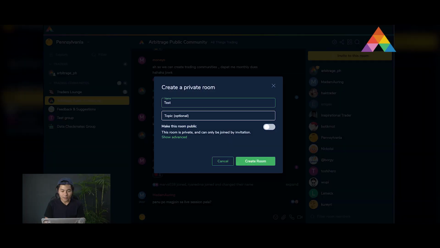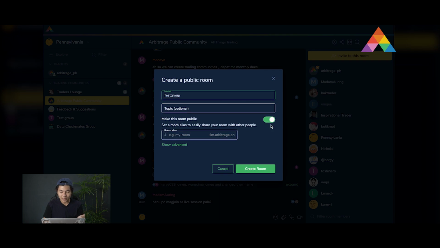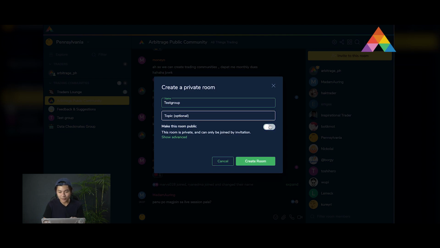So to create a private room, I'm just going to demo it to you right now. Let's say you want to make a certain group for specific people only. So let's create a test group. Now, if you look at this radio button right here, you can choose if you want to make this a private or a public room. So obviously, if you set it to public,